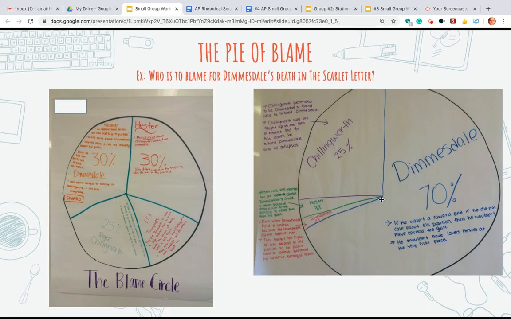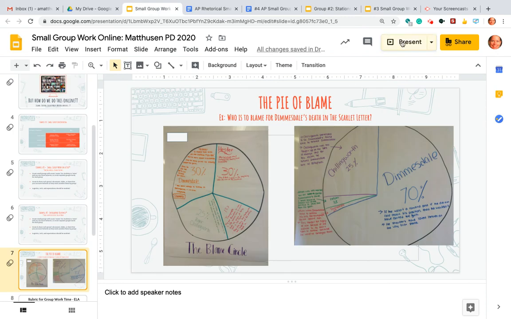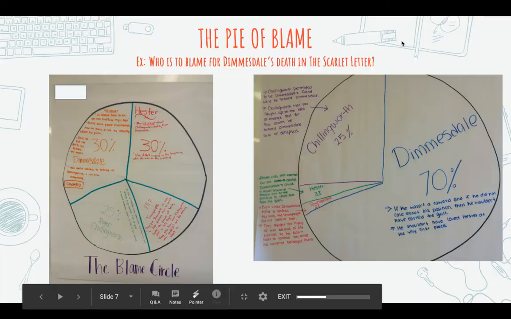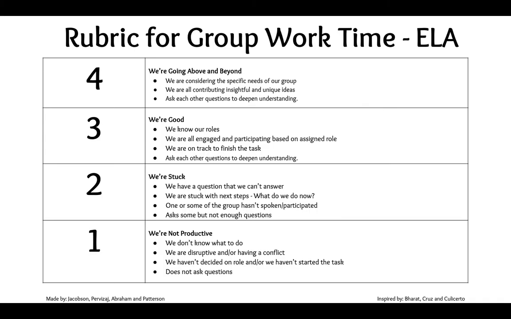The way I've replicated this in an online format is to, again, create a document for each small group that they go to together during that class time. I'd have a model for them here, and then they would do the same kind of task where they're having a conversation and putting that infographic together, explaining based on evidence. I feel like this is working fairly well. I'm still working out the kinks in the technology. It will probably take a lot more modeling if we start over again in September with a similar format.